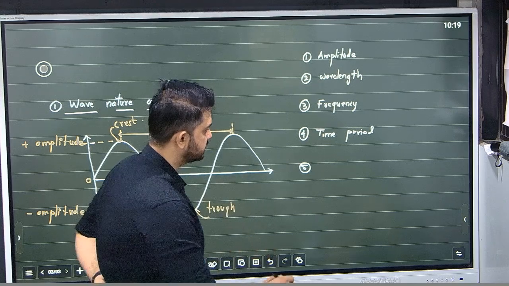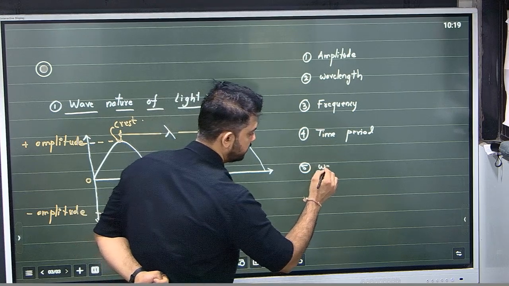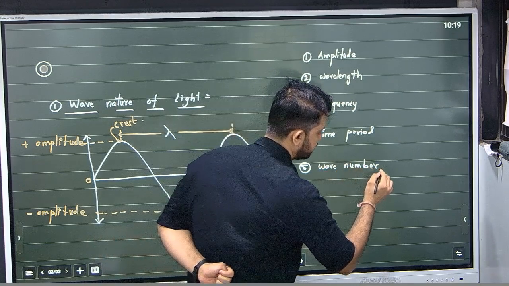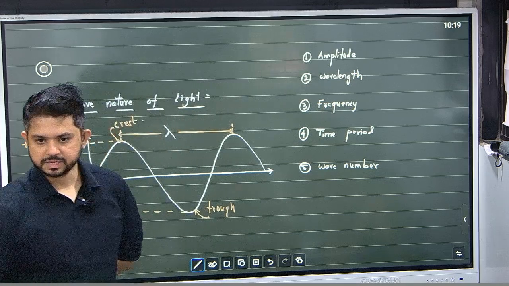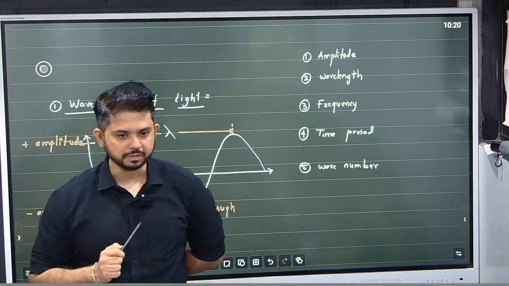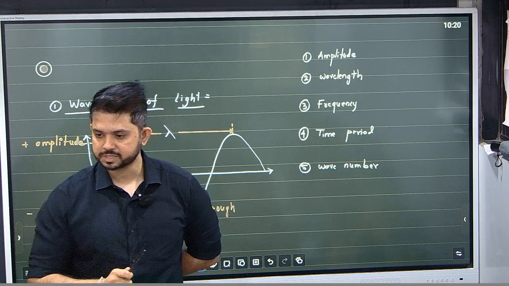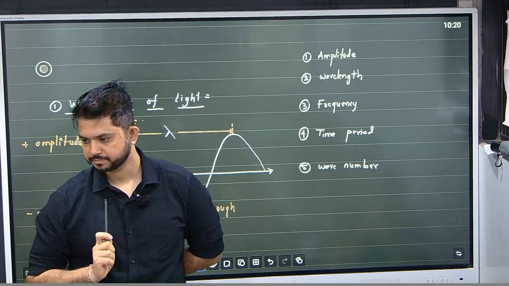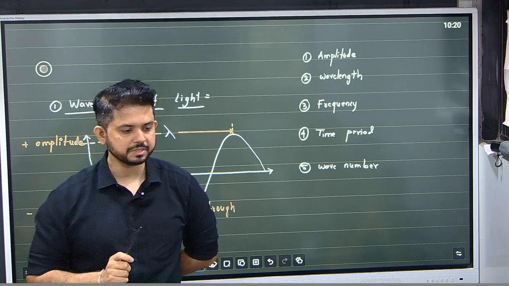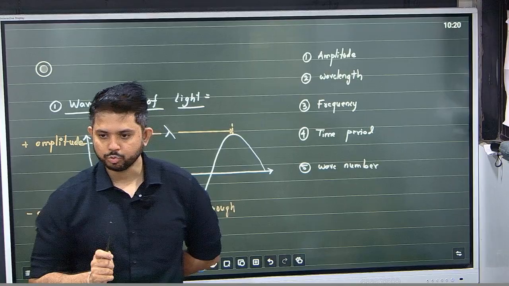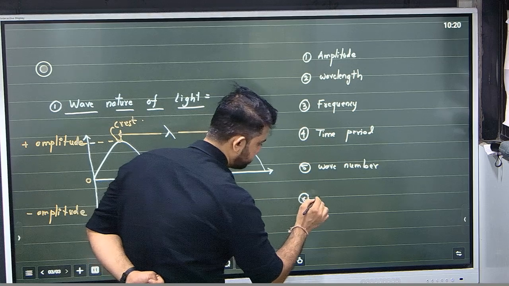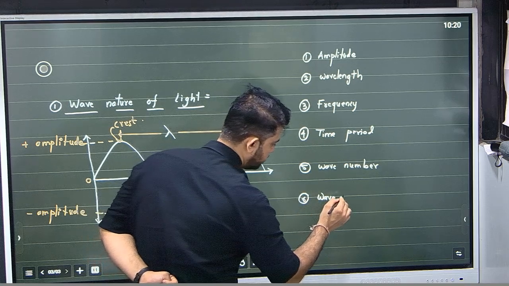All these parameters were there till 10th standard. There is one extra parameter, wave number. This is, I think, done for the first time. Wave number is the number of waves per unit length. I repeat, wave number is the number of waves per unit length. And last we have wave velocity,